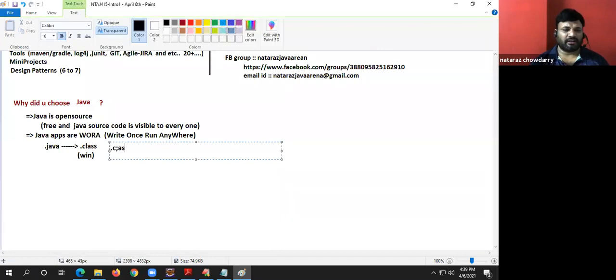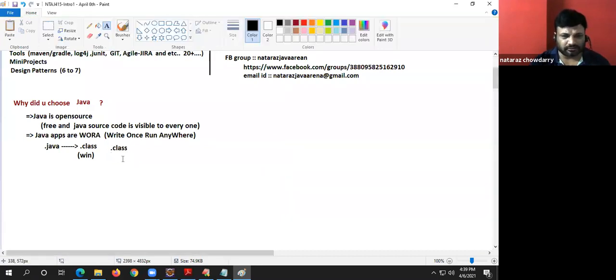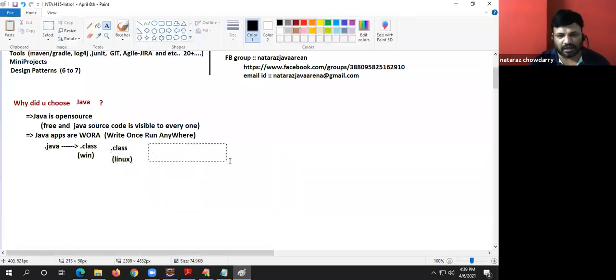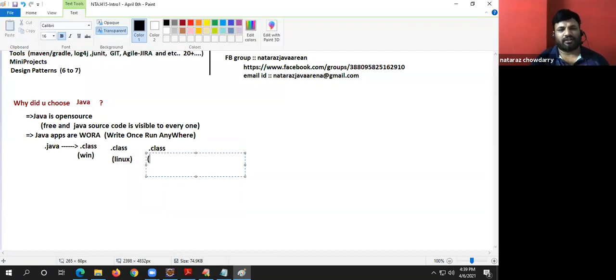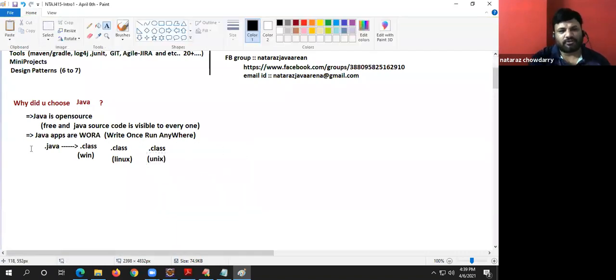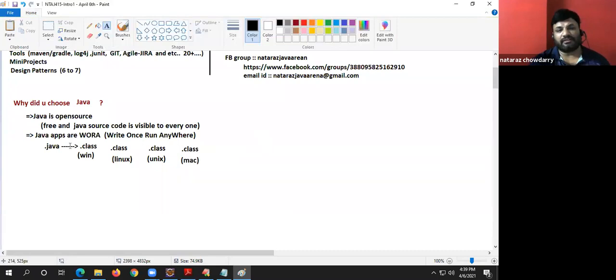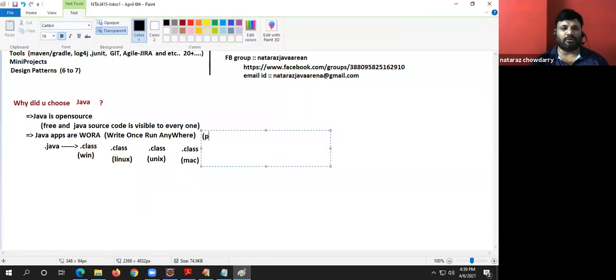The same .class file you can run in a Linux environment without any modification. You can even run it on the Unix operating system, not an issue, boss. If you are interested, you can run it on the Mac operating system also. Mac means given by Apple people, boss. So this makes Java applications Write Once, Run Anywhere applications, nothing but portable across